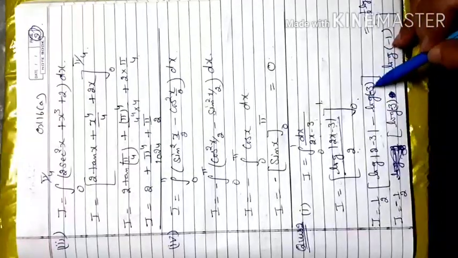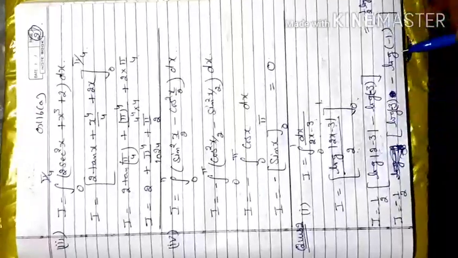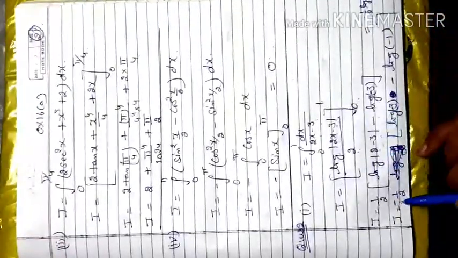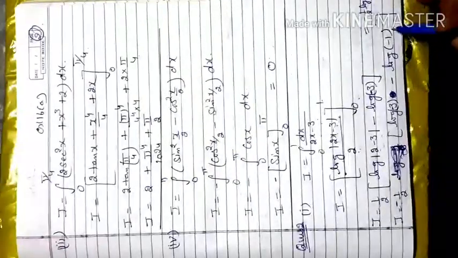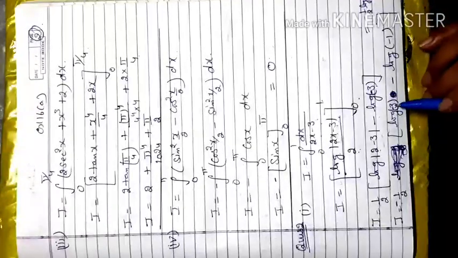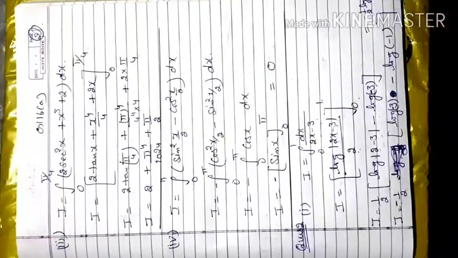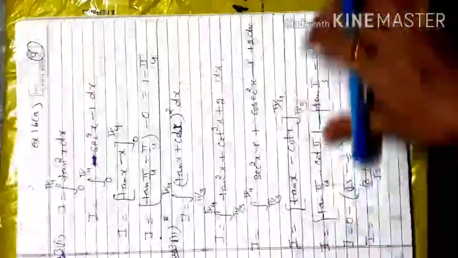So this is negative log 3 and this is negative log 1, both will be under the negative sign. If you take the negative sign common here, minus 1 by 2, then log 3 minus log 1 will be there. And log m minus log n is log m upon n, the negatives will cancel, only log 3 is left, so it is 1 by 2 log 3.